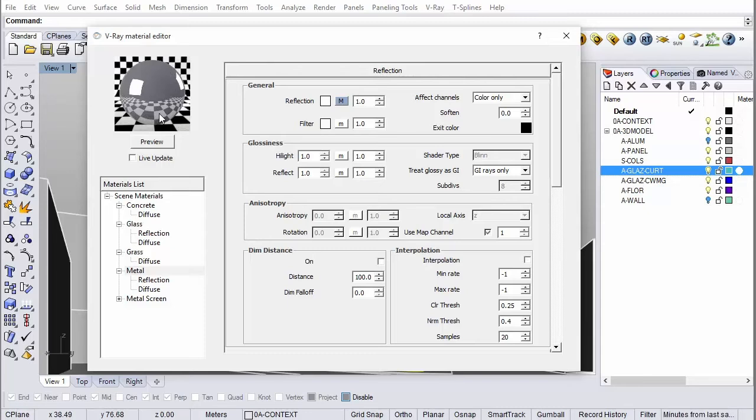Now we have a glossiness table here that determines how sharp the reflections are. Here it looks like a super polished metal, but we don't really want that in this case. We want a super smooth MacBook type aluminium. So what we want to do is take this, and from 1, change it to 0.85 in both cases, and change the subdivisions, which is going to be the quality of the glossiness effect, and we're going to up it a bit to 16.